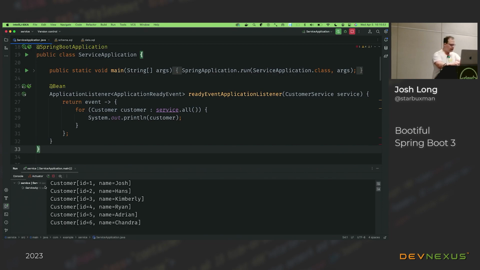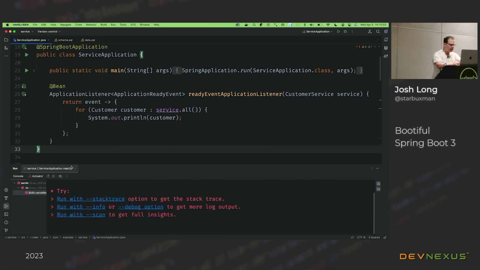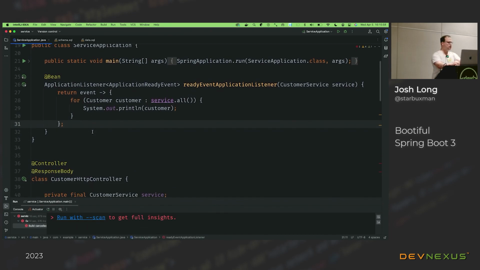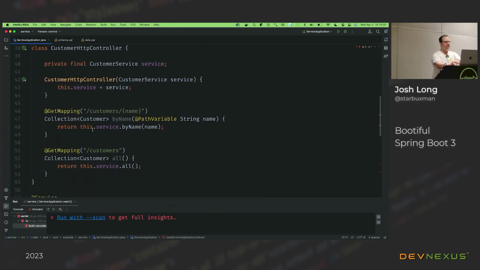Now, moving on. Okay, here we go. We've got some data in the database. We've got our application. It's up and running. It's very good. Now, I want to build an application that's intended for production. And throughout all things with Spring, production is paramount, right? I care about production. So the first thing I'm going to want to do is to make my application just